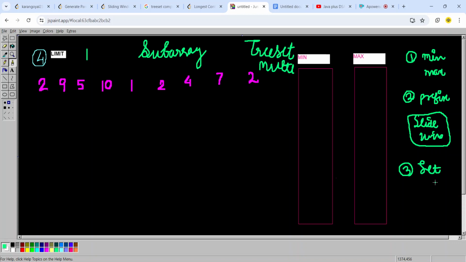Because if you use unordered sets, you have to sort the array and then find the minimum and maximum. But if we use pre-built data structures like ordered sets, you'll get the minimum and maximum by itself, right? Or you can use heaps also. So in this question we'll be using sets because the solution is very easy with it. Okay,